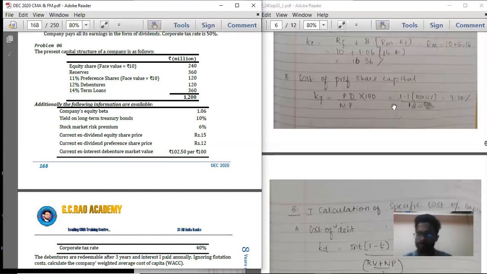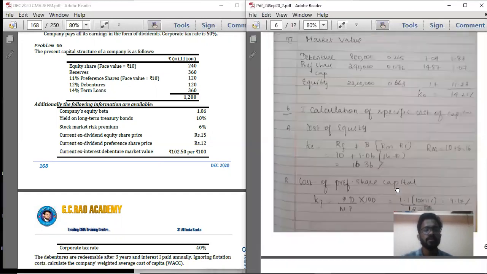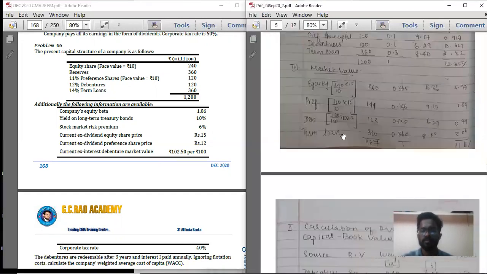9.17%. So you have calculated what is cost of preference share capital. Now we should also calculate what is cost of debentures and cost of term loans. So below that record